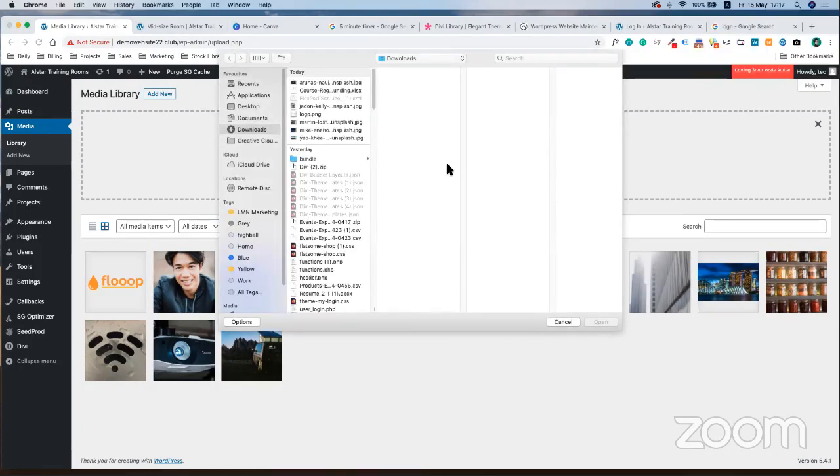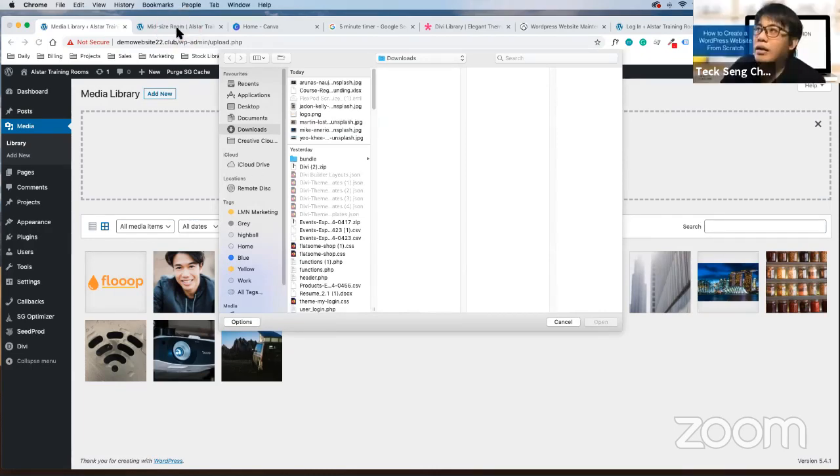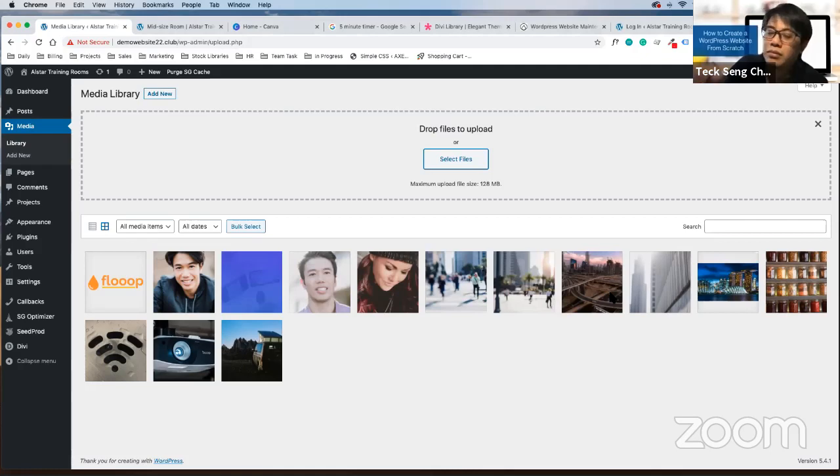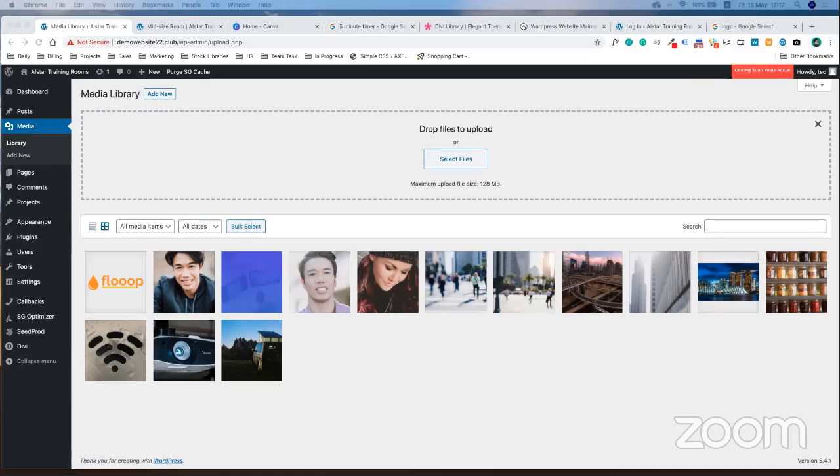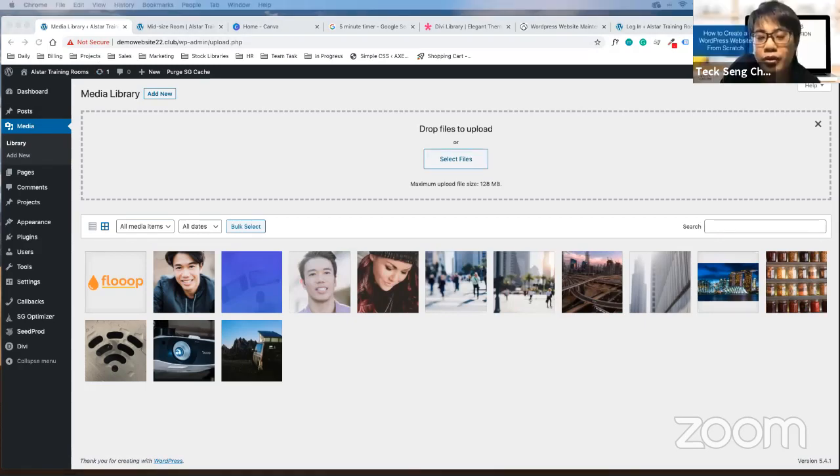What's the scale? 520, 154. Is it all right? For logo, usually we will go for a height of 120. If it's 154, is it okay? The height is the second number, Ting.